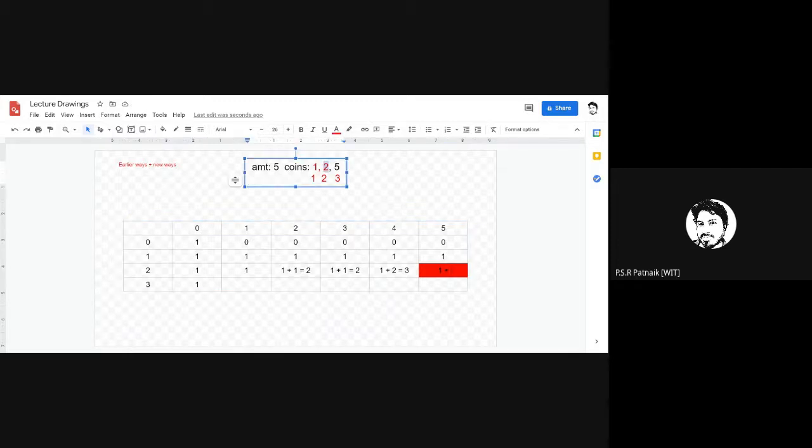What is the currency value at index 2? 2. 5 minus 2, 3. So 3 means in how many ways can I realize 3? By 2, right? So you are looking at that combination, like in how many ways you are realizing that remaining amount. In how many ways can you realize 3? By 2 ways. Plus 2 is equal to 3.